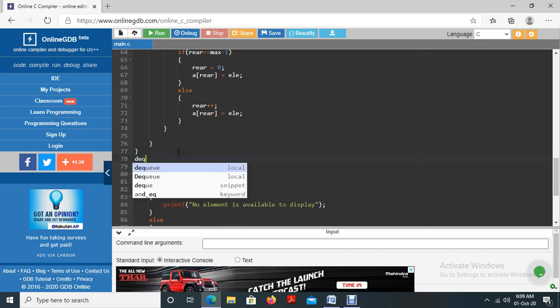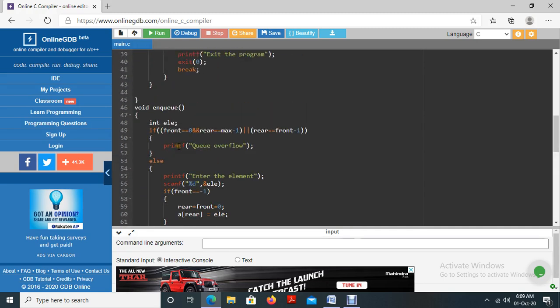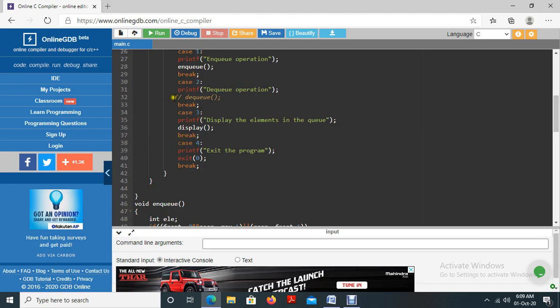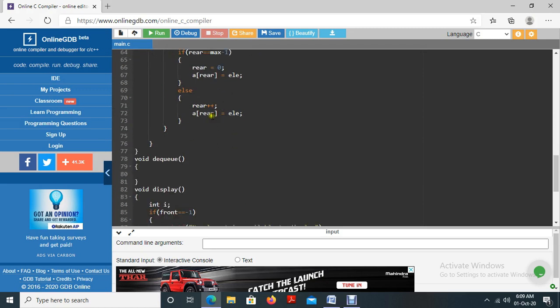So dequeue. It is not going to return any value, so void. I am compiling the dequeue also, so function calling is working, and the declaration part is also completed.